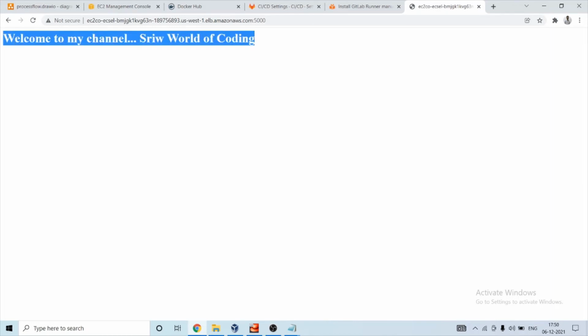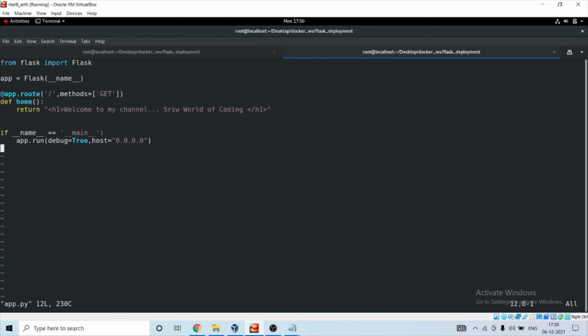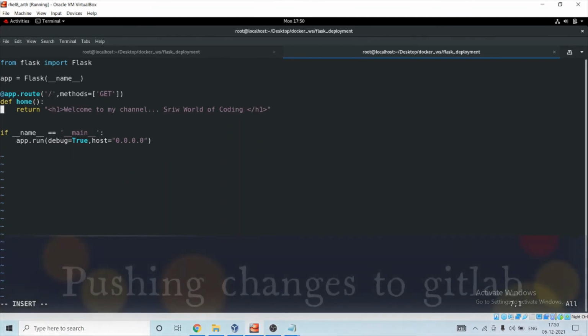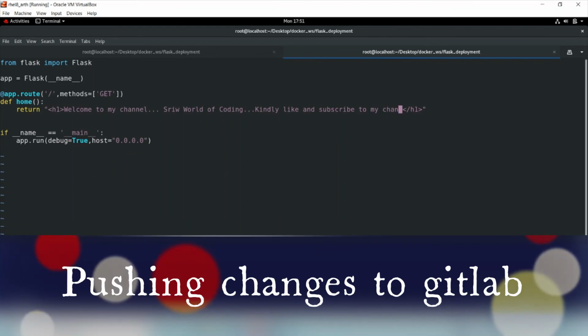Okay, so what I will do now, we will make some changes in the app.py file, and then let GitLab runner do its job. So far so good.